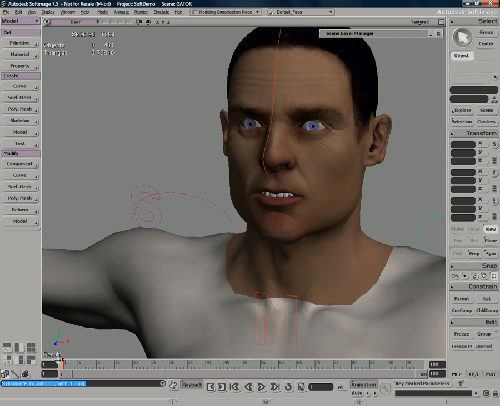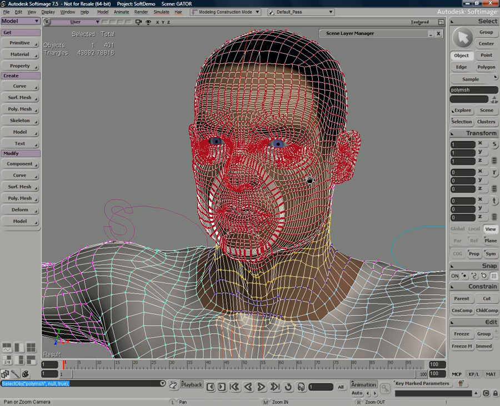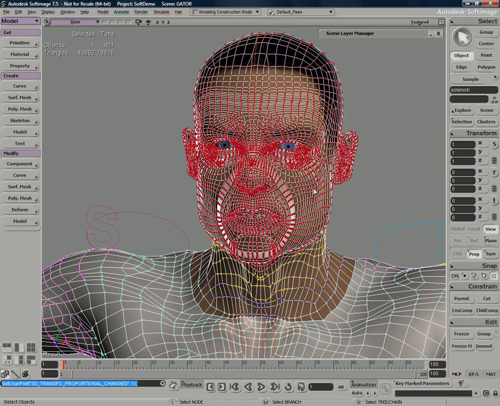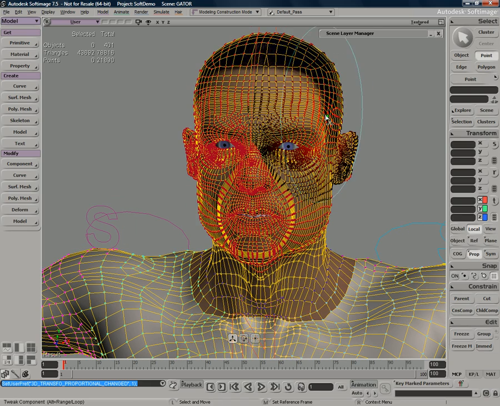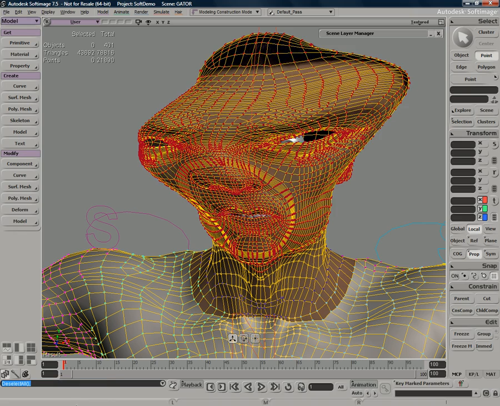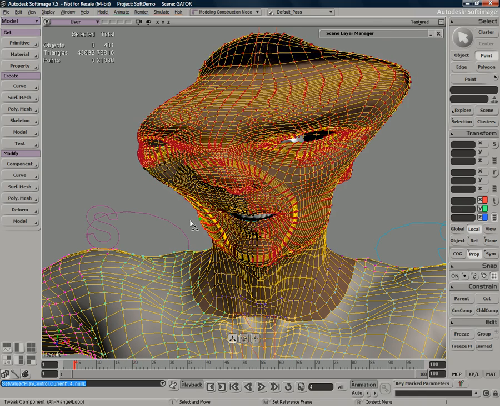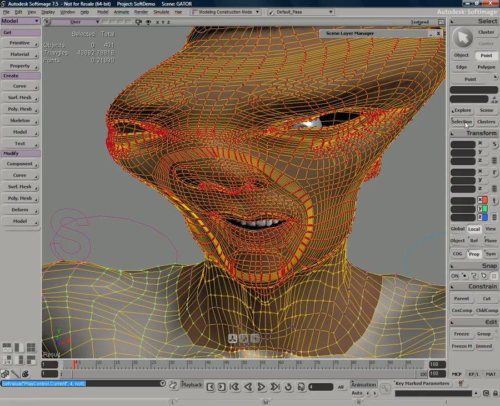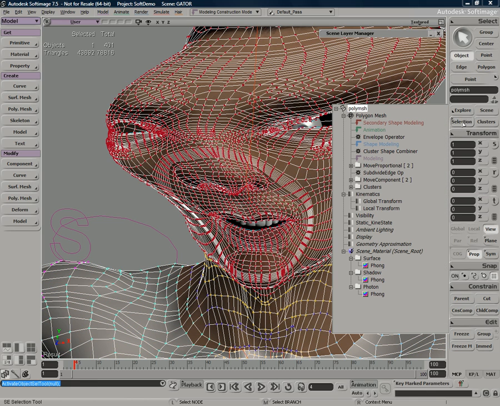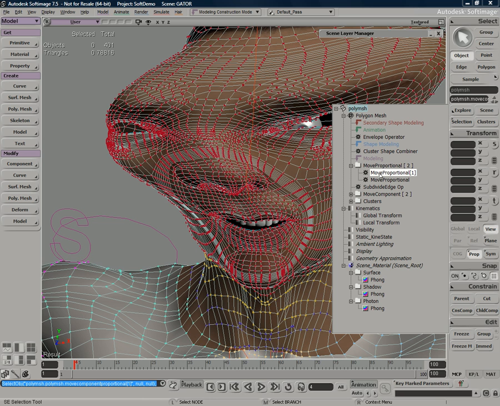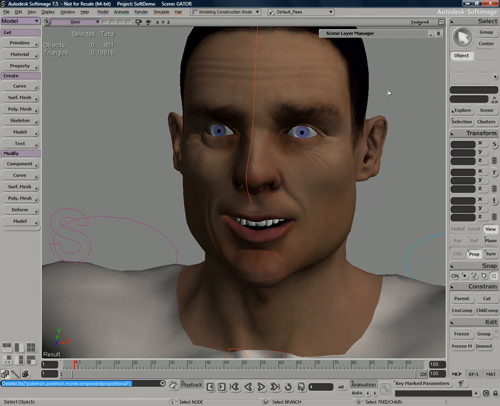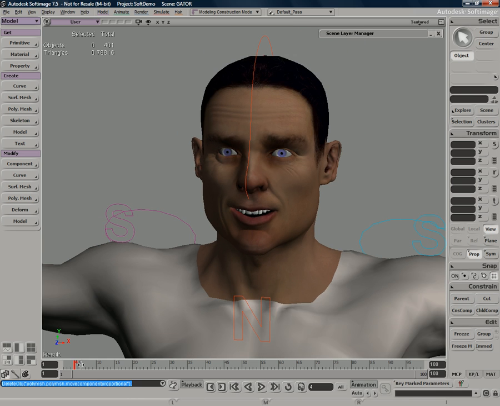So you can always make changes to your characters. You can even do very crazy wholesale changes. For instance, if I turn my proportional brush back on, let's just go and really move some pieces around. And even though I've made very, very large changes, I can still get as best as that's going to be preserved. And everything is logged in the construction history as well. So both those, what are called move proportional or move component operators, are all right here in my stack. So I could have either pressed the undo key if I want those changes to go away, or select the operator and just delete them. And you can see now he's all happy and smiley and back to where he was.